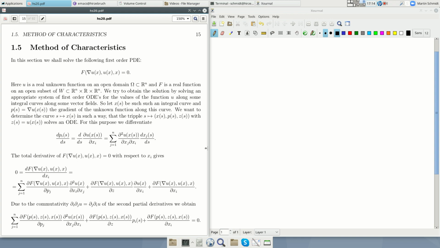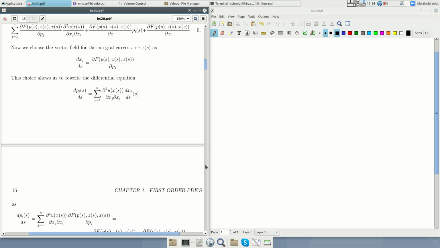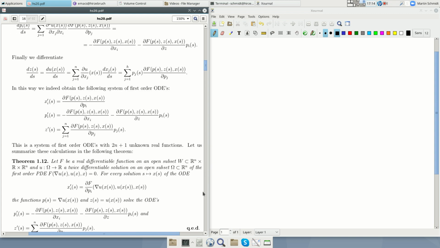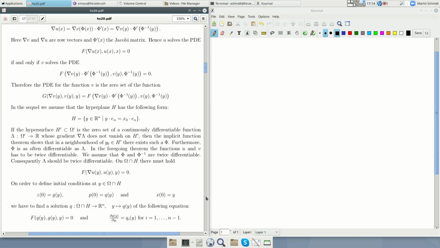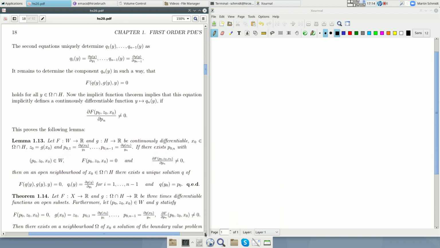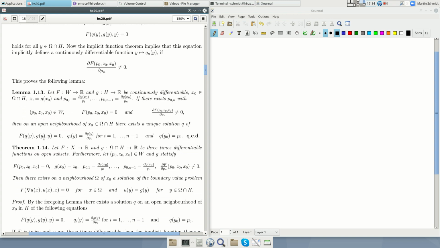So far we have translated the first order PDE system of general form, here this one, into an ODE system, into this ODE system. And we prepared general initial value problems to initial value problems of a specific form. Namely, we now assume that we give the values of our solutions on a flat hyperplane H, which has the form